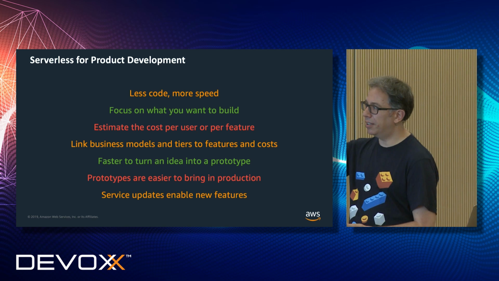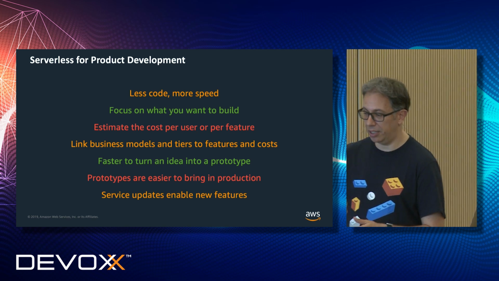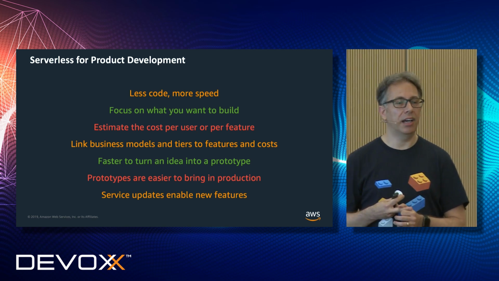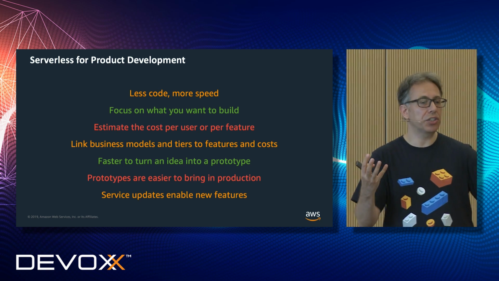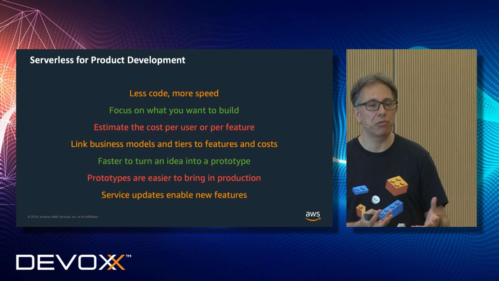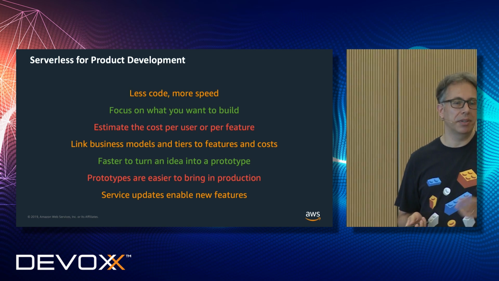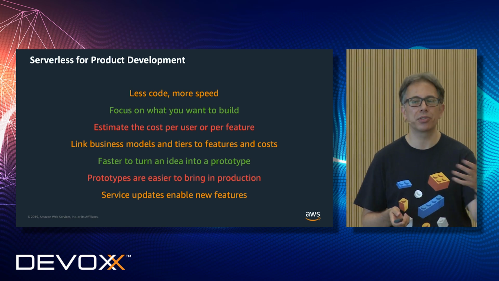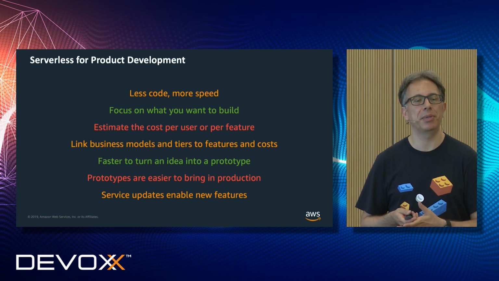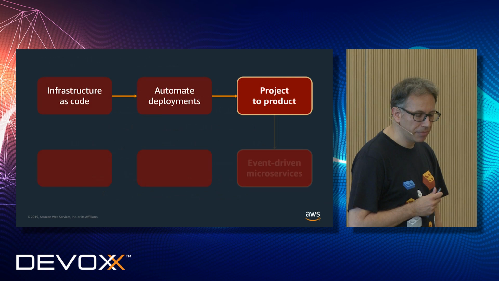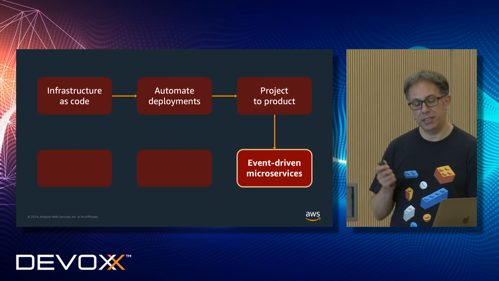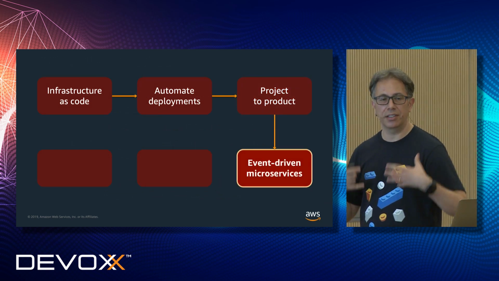Another interesting idea, and I will come back to this, is that if you use fully managed services, when we at AWS add new features, you can use these features very quickly, and your product gets automatic features with very limited focus on your side. I will come back to this later. So the next step is: how can I make a product that is evolvable?